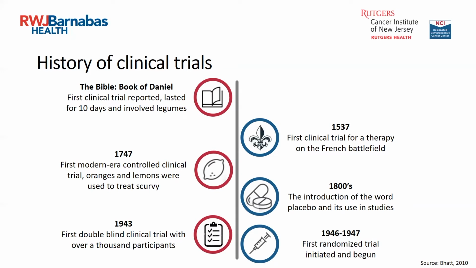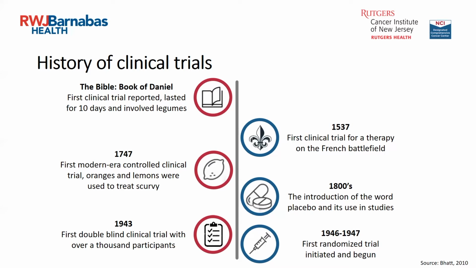James Lind is considered the first doctor to have conducted a controlled clinical trial of the modern era. In 1747, Dr. Lind was working as a ship's doctor and noticed a lot of sailors had scurvy. So scurvy is a disease that comes from a vitamin C deficiency and can kill you if it's not treated. He planned a comparative trial by giving the sailors different treatments and compared what worked and what didn't. Through trial and error, he found that by giving the sailors limes, he was able to reduce the cases of scurvy on his ship. And this was way before we knew that vitamin C could prevent scurvy.